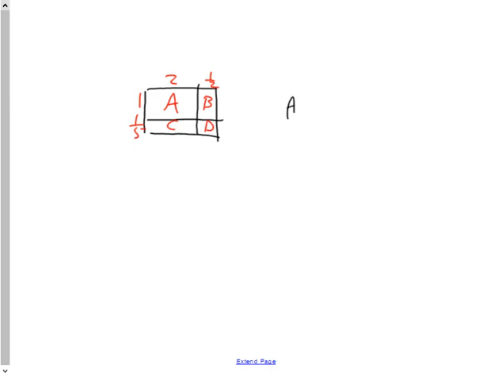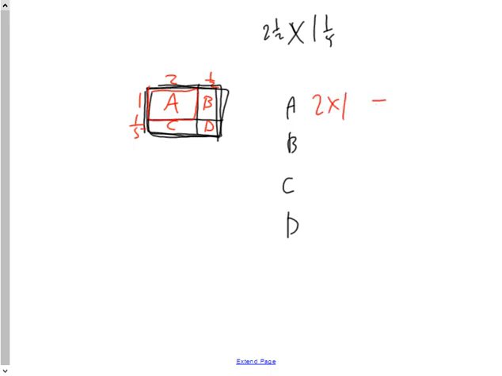So, the area of the entire rectangle, as we said before, is the product of 2.5 multiplied by 1 1/5. That would be the area of the whole rectangle. But that whole rectangle is broken up into 4 parts: an A, a B, a C, and a D. Part A, right here, has a length of 2 and a width of 1, so it has an area of 2. B has a width of 1/2 and a length of 1, or 1/2 times 1, which is 1/2. C is 1/5 times 2, which is 2/5. And D is 1/5 times 1/2,